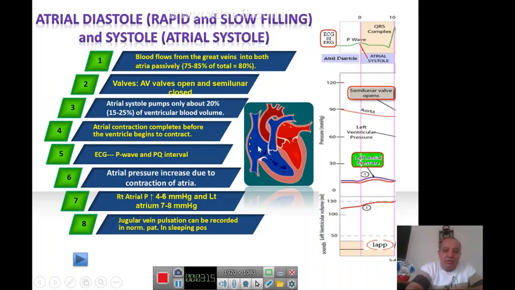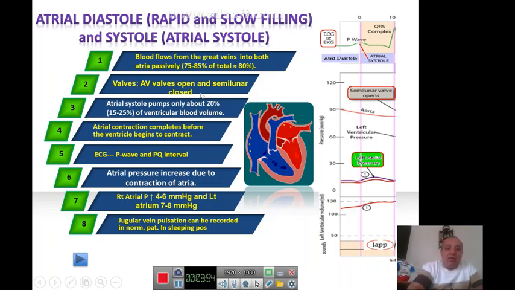And then it will go passively or directly because the valves here, the AV valves, which are tricuspid valves and mitral valves, usually is open, whereas the pulmonary and aortic should be closed. Okay, so the feeling of the blood, or the blood is coming from outside through these veins. From in the left side of the heart, we have the pulmonary veins. So the blood will come from the pulmonary veins after oxygenation, and then it will go directly through the opening mitral valve direct to the left ventricle.